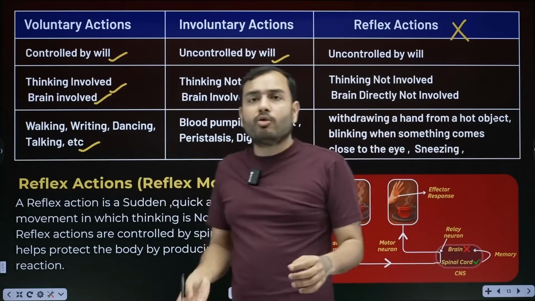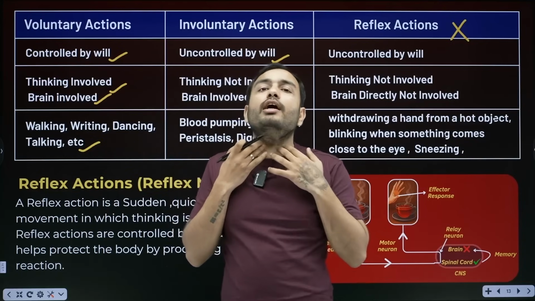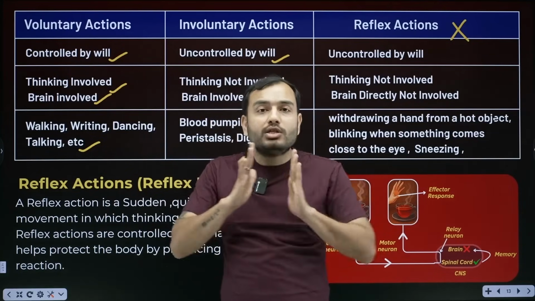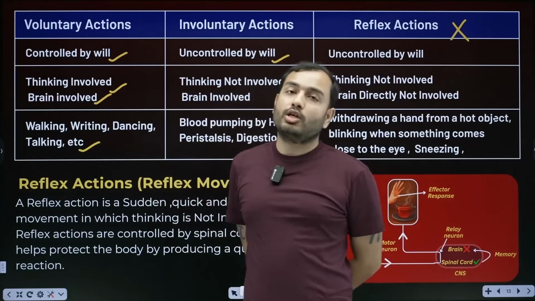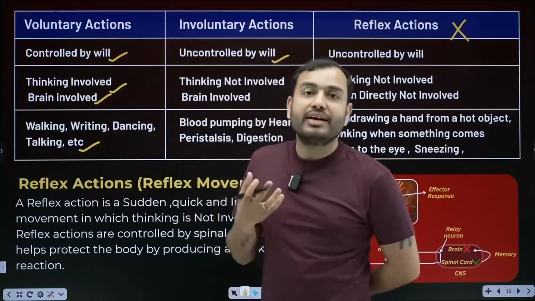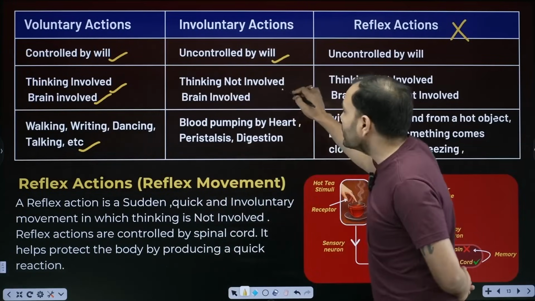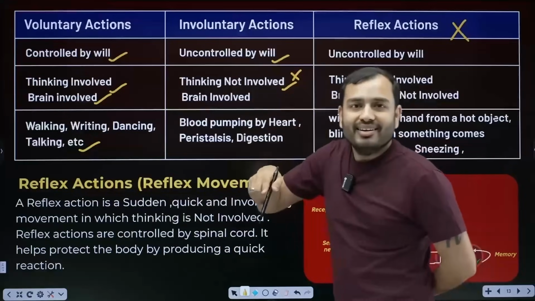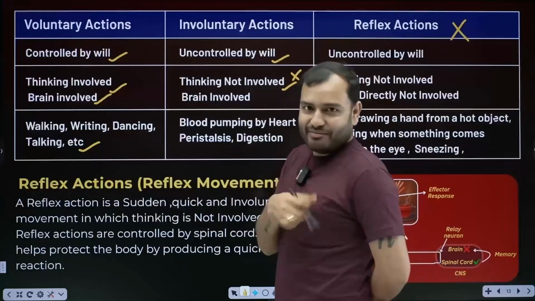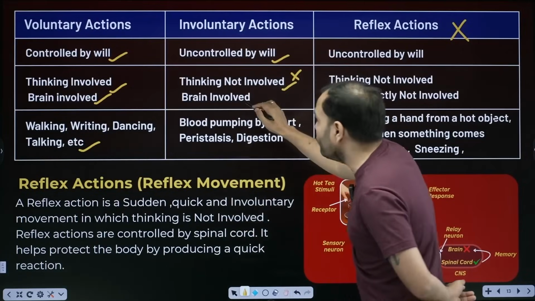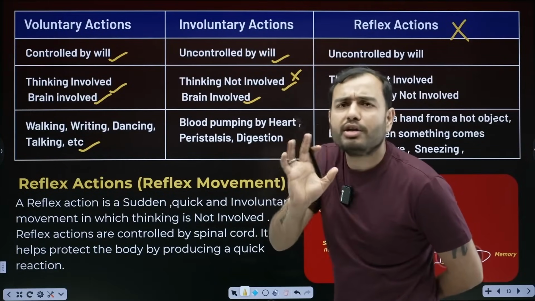When we studied biology in the first chapter, what happens when we eat food? The food pipe, the esophagus, has a peristaltic movement which takes the food downward. Now I eat something and think that peristaltic movement should not happen. It shouldn't happen, but it will happen because it's involuntary. It's not in my control. No thinking is involved in this. Thinking is not involved, but the brain is. The brain is constantly working internally. The brain is still involved, but thinking is not involved. It's not in your control.